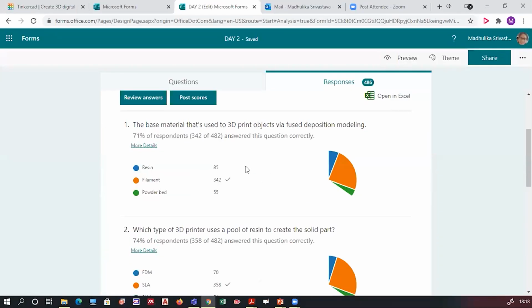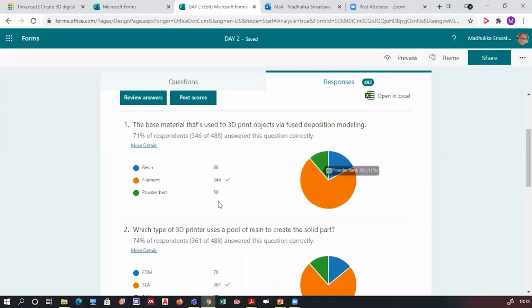The first question was about the base material that is used in a 3D printed object by fused deposition modeling. The majority of you answered it correctly. Yes, in fused deposition modeling, we use filament. Resin is used in SLA, stereolithography. Powder bed, that's selective laser melting.